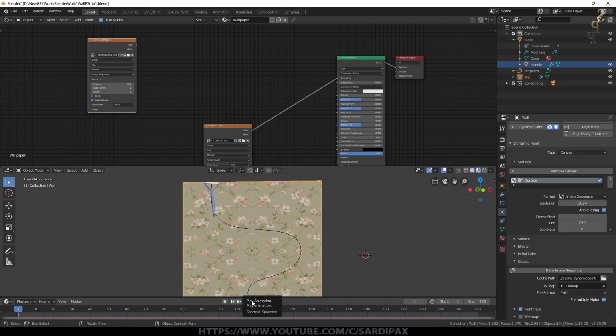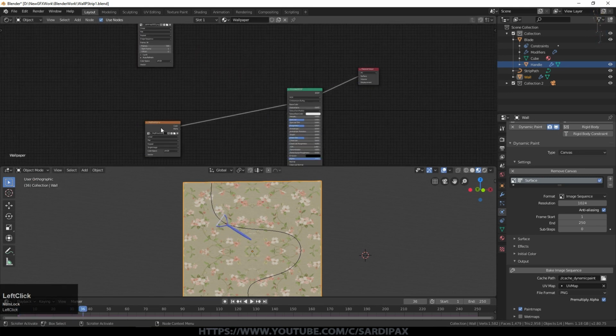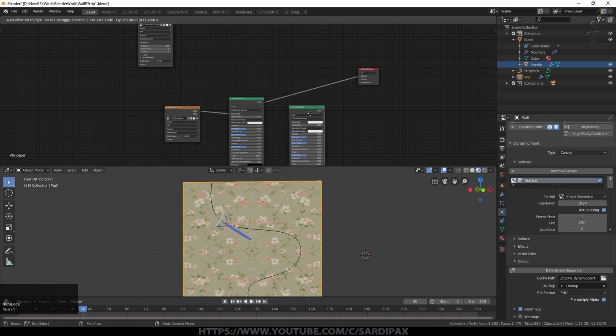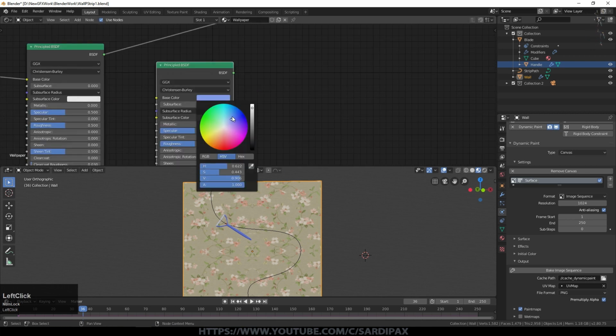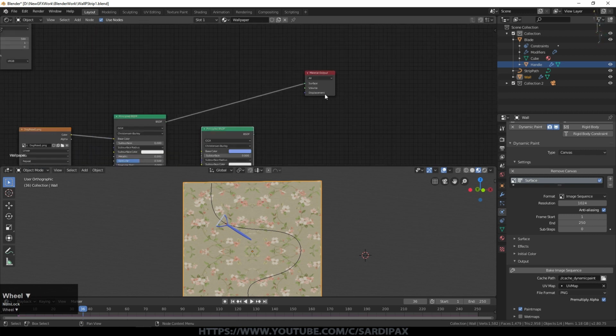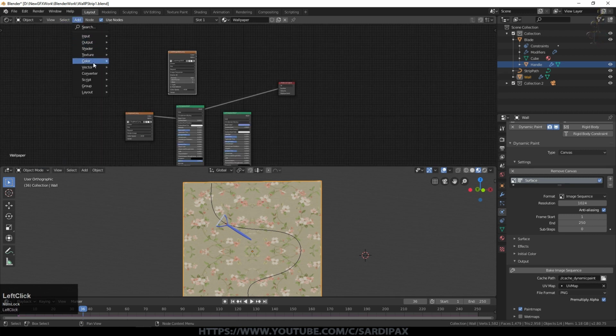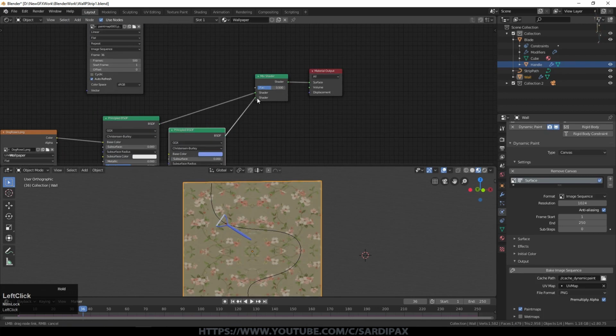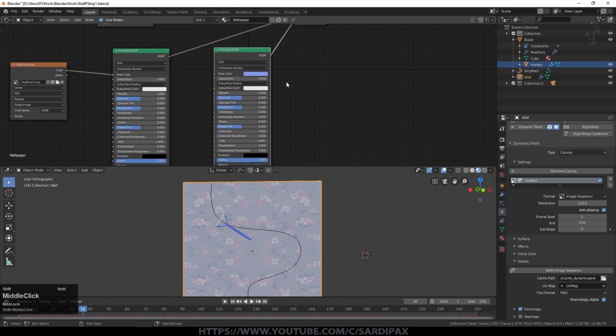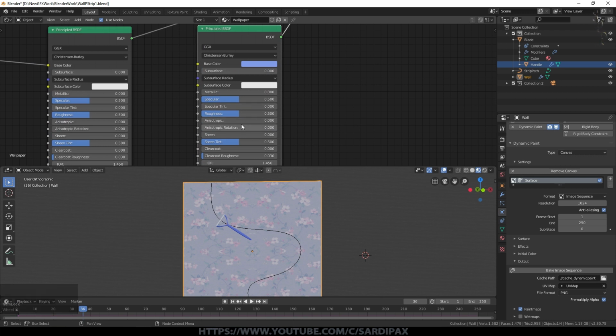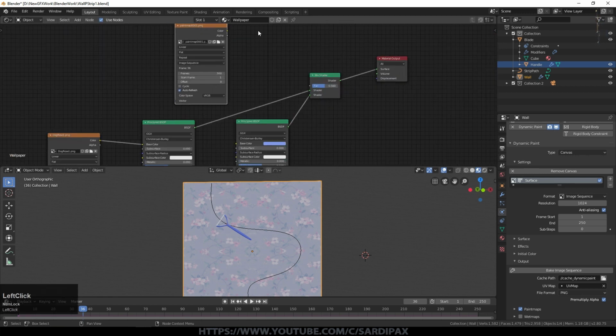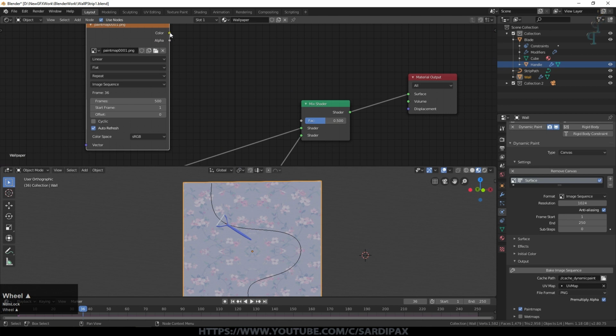I'm just going to run the blade a little way in so that we can see what we're doing. So what I'm going to do now is create another material node. This one I'm just going to give a sort of blue color. I'm going to add a shader, which is a mix shader. Drop that in there. Put our blue material on the other one. Make this one a little less rough. And then I will use this one to decide which of the two materials is displayed.